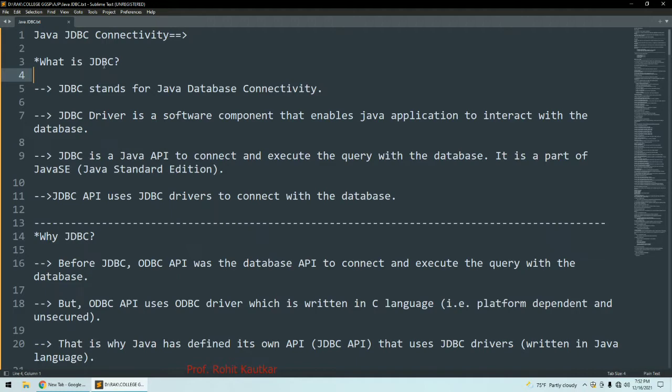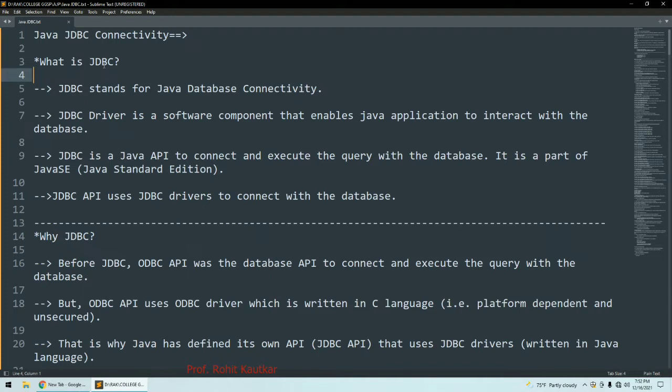Initially ODBC was used with the Java programming language as well in order to establish a connection between a Java program and a database. But the thing was, ODBC was written in a language like C, which is platform dependent, and it was also unsecured, and that's why Java created its own API called the JDBC API.